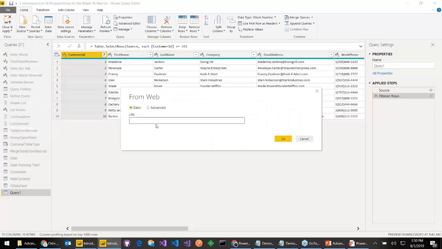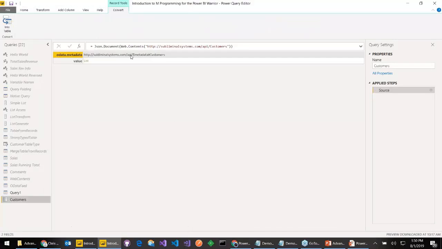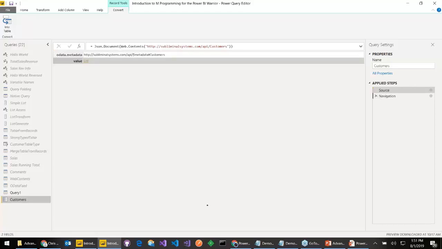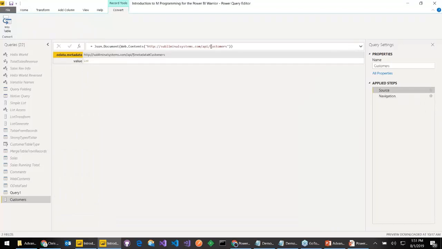So let's go back here, and let's say that I go ahead and put it into web.contents. And so this doesn't understand what the data looks like coming back. So what we're able to do is drill down into where it says records. Now, I'm going to go through this a little bit more in just a second. But what I want you to see here is that if you use web contents, it doesn't really make any assumption about the place it's pulling the data from. It certainly doesn't know that it's an OData data source, so you're not going to get any type of query